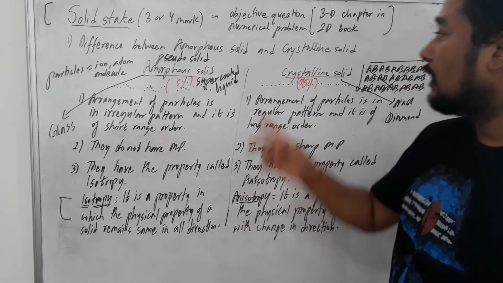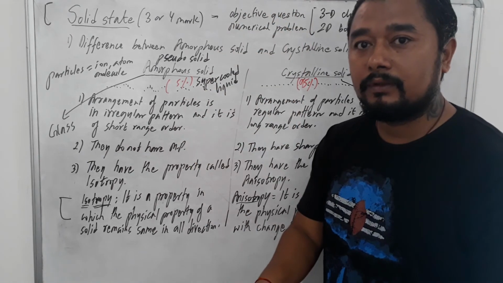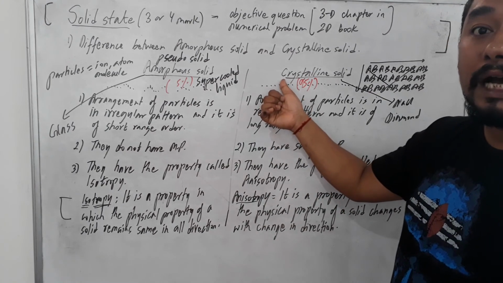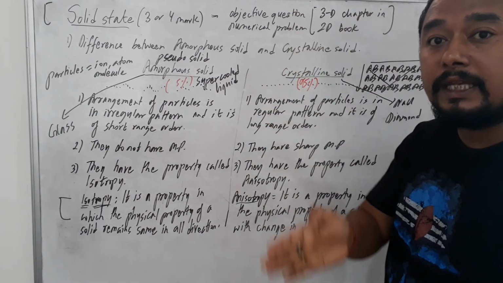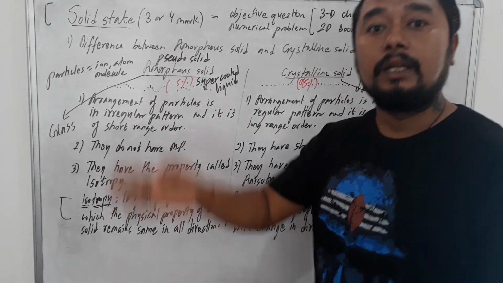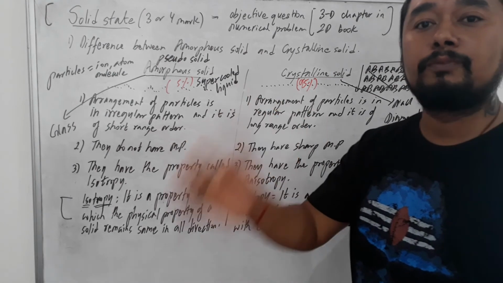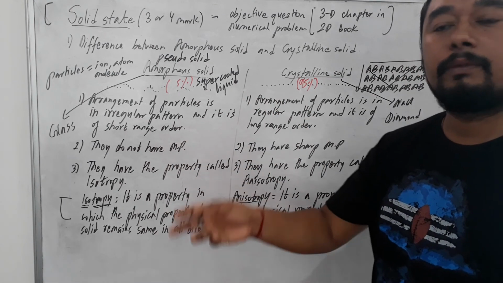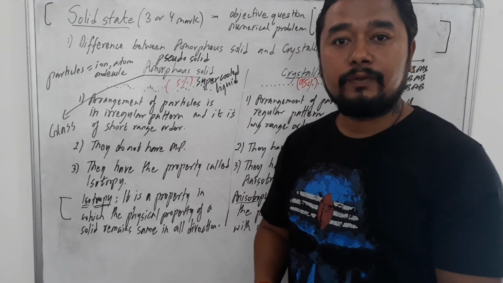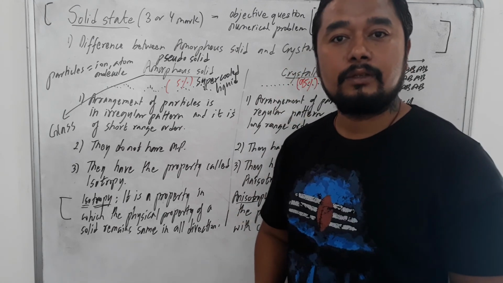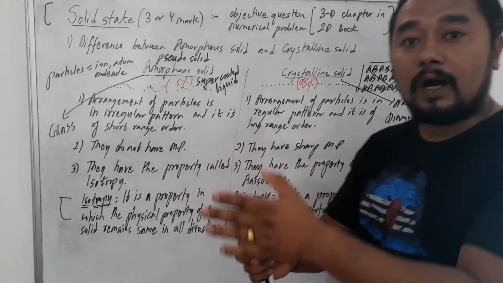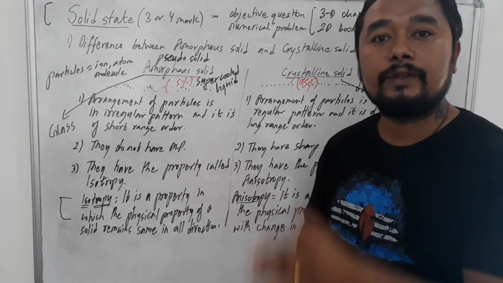If you cut a crystalline solid by knife, it will give you equal halves, and the bisection will be very equal and smooth. But when you bisect an amorphous solid with the help of a knife, the bisection will be rough, not smooth. It will be irregular. Just remember charcoal, one example of an amorphous solid. If you cut it by a knife, you will not get a smooth surface. You get a rough edge. Whereas if you cut a crystalline solid, quartz, you get a smooth surface and equal halves.